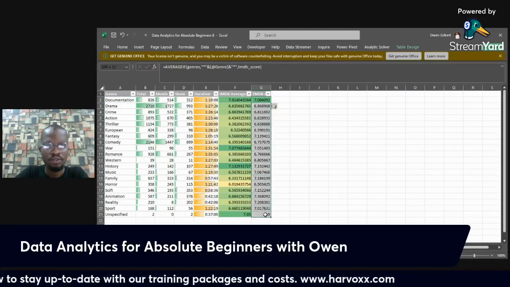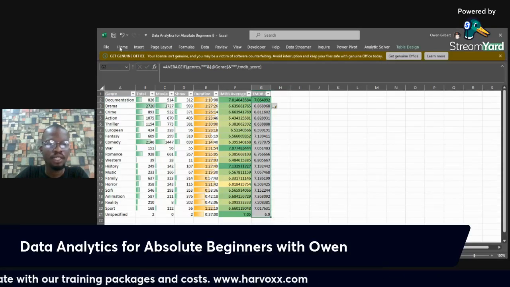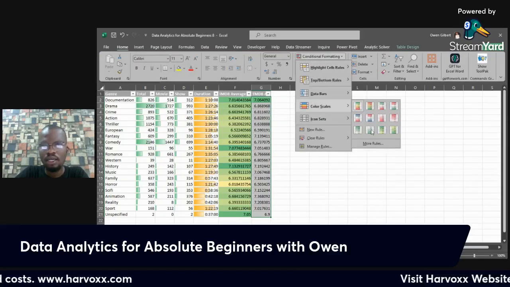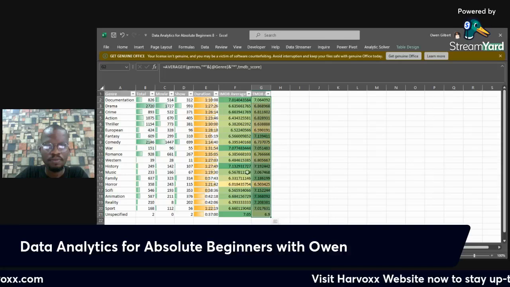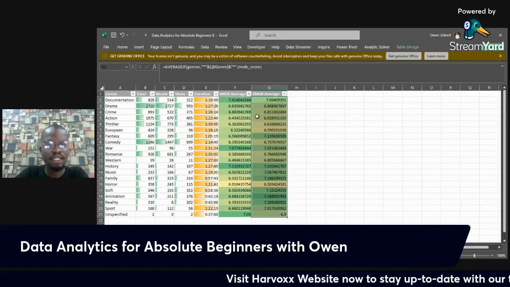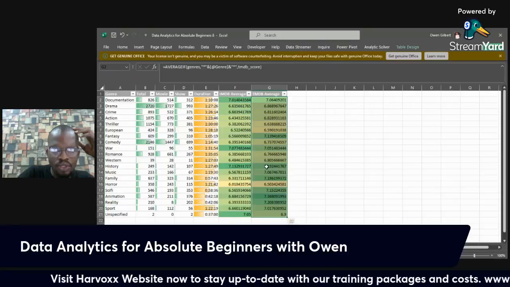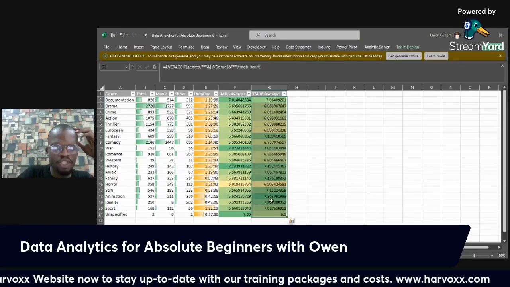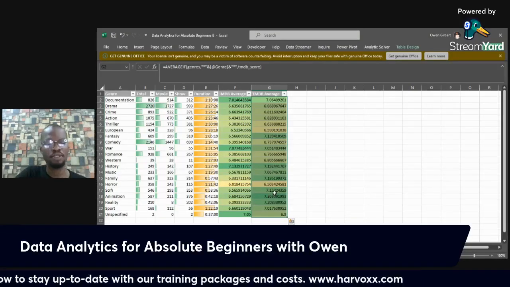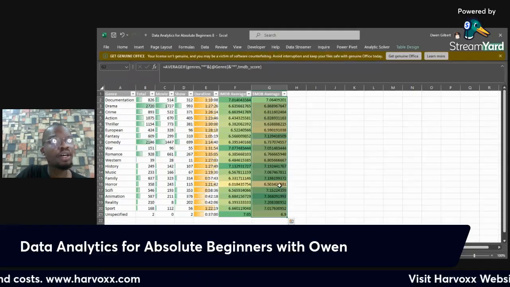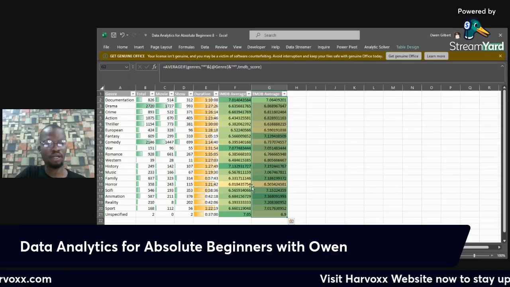Okay, so in TMDB score, let's add a conditional format. Same one, which is this. So you can see the ones that did excellently in both IMDb and TMDB. War stood out. However, animation did well in TMDB's average more than in IMDb. The least was still horror.